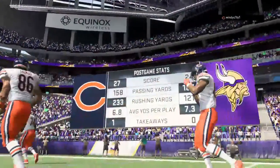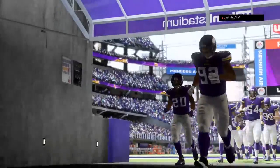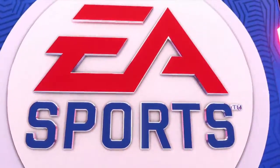So for the Bears, it was a great all-around performance as they come out of this one with the victory. And they will head back home next week. Meanwhile, for Minnesota,